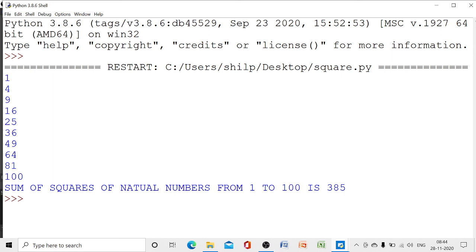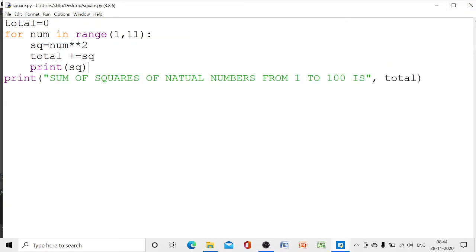So with the help of one program we can find this many things. But our question is to find the sum of squares of natural numbers from 1 to 100. So here 101. If we print the square here, all the square values from 1 to 100 would be displayed, so there will be a large amount of numbers, right?